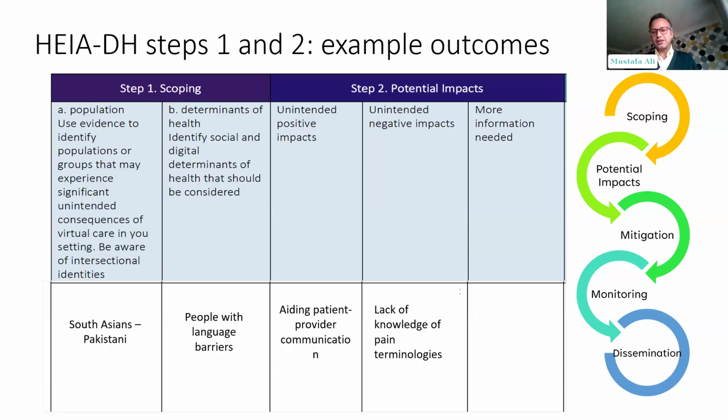And if you talk about unintended negative impact, what we learned is that people don't have knowledge about certain pain terminologies. So when we interact with them, we learn that they don't know pain quality. What is pain quality? There are different pain quality descriptors like tingling, throbbing. These would be very difficult for them to describe, because they have different expression in their own language, and sometimes they are not able to translate them into English. And this is even hard for those people who are able to speak English.